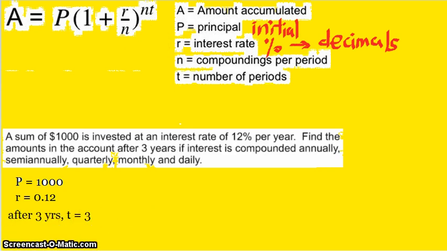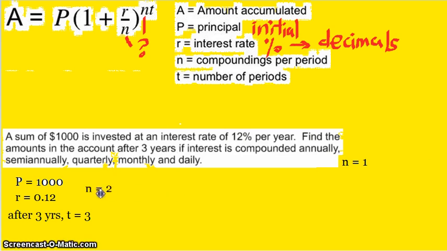Now the only thing that is missing from the formula is my n. We don't know what my n is. In fact, we do actually have that piece of information. If the interest is being compounded annually, that means once per year, my n is equal to 1. And if the interest is being compounded semi-annually, n is equal to